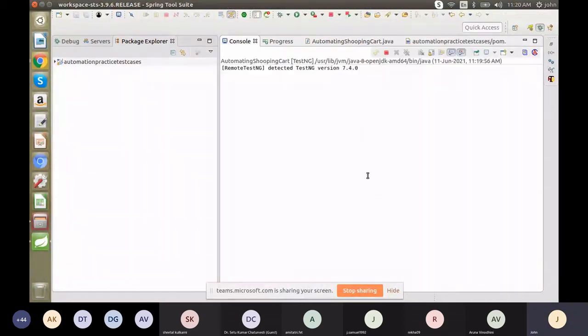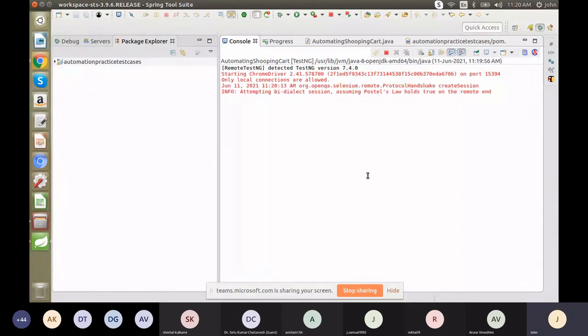It is running via TestNG version 7.4.0. It started on port number 15394 in Selenium.